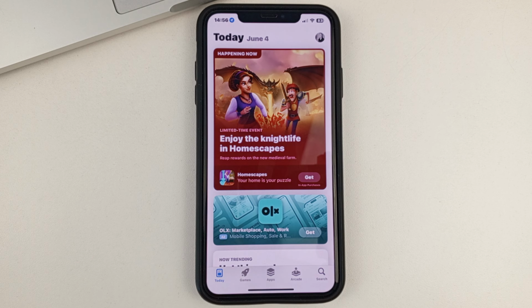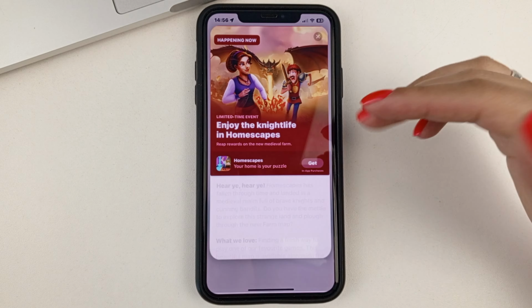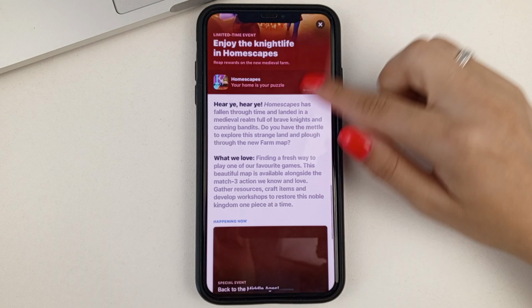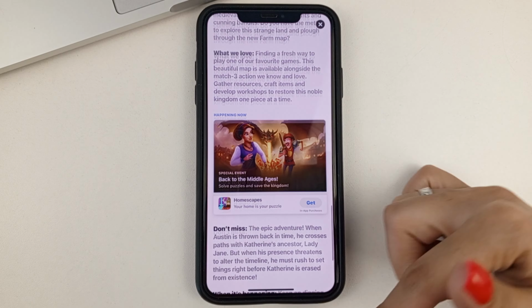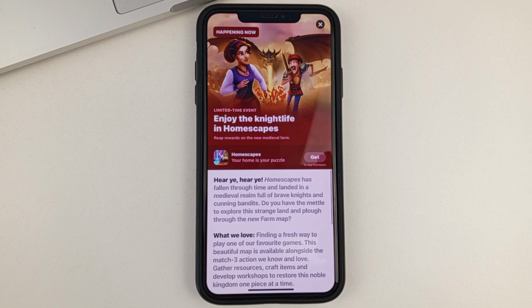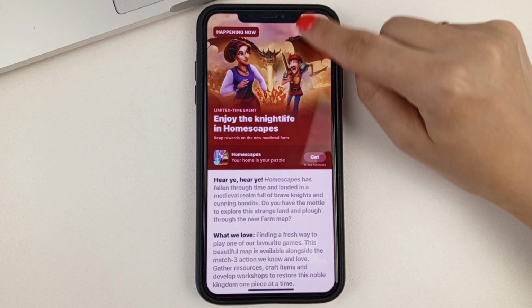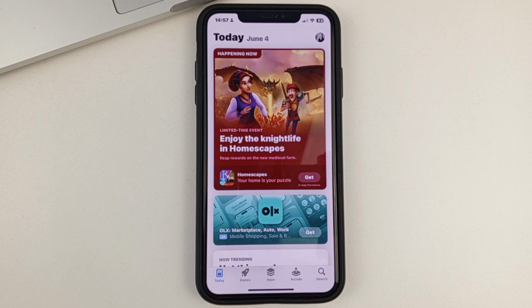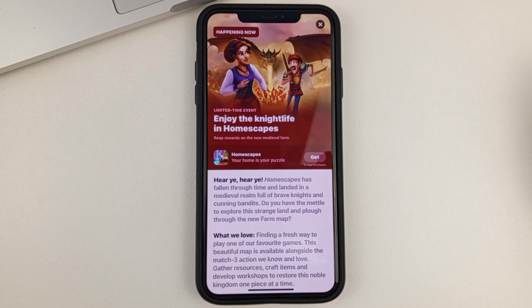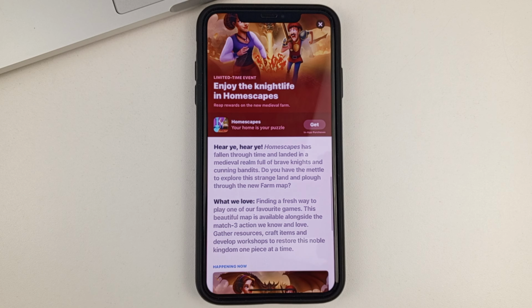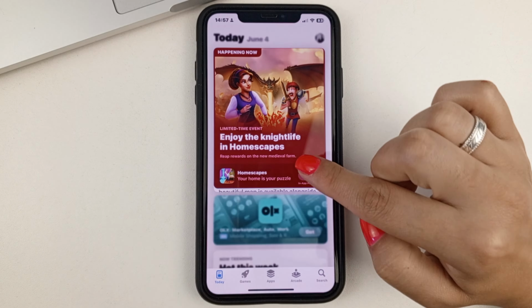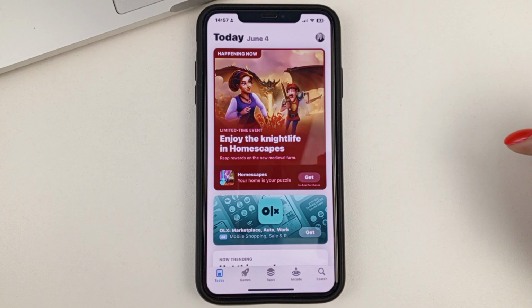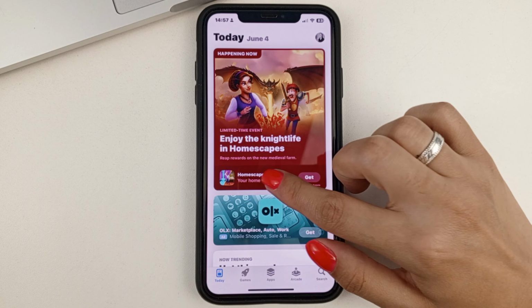But if you are, for example, in the App Store, and you have gone to a page, and you have read the information, and now you are wondering how to get back from the page, you can use the cross in the upper right corner to close the page. Or you can use the same method that you just used to exit the settings. That is, swipe back from the left side to the right side of the screen.